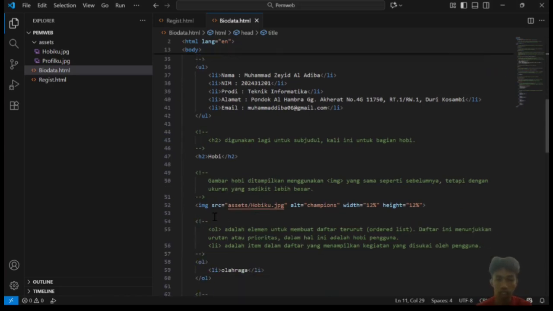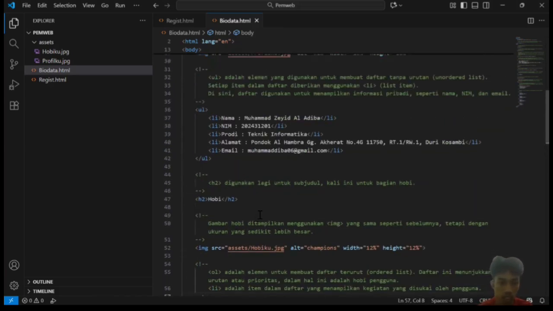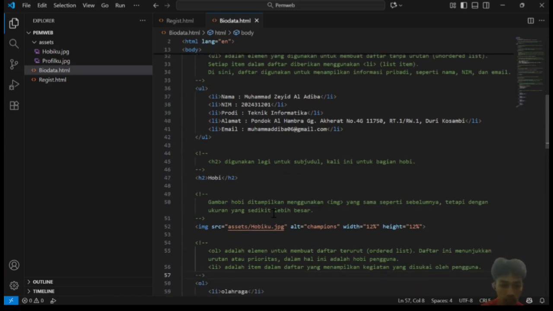This list is typically used to display the user's personal data on the web page.